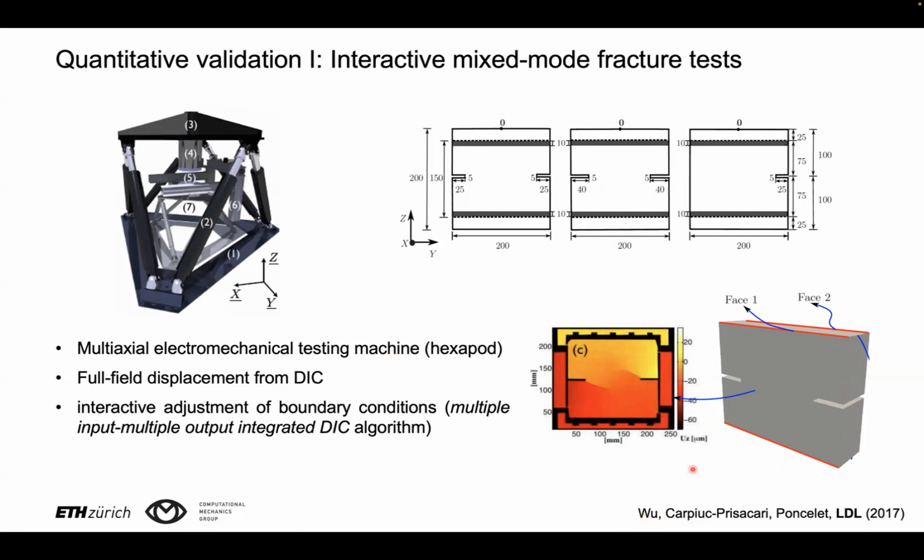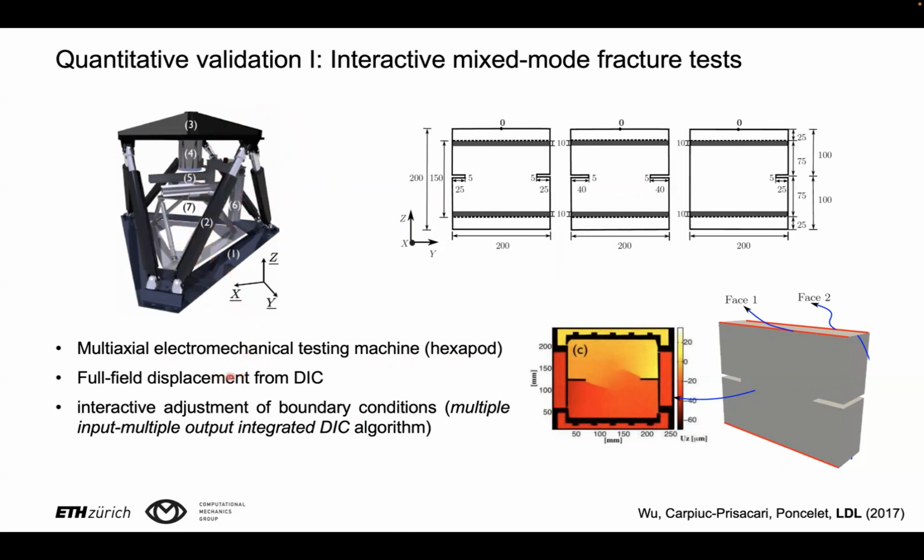At Cachan, they have very impressive possibilities to conduct stable fracture tests using a multi-axial electromechanical testing machine, a hexapod with multiple degrees of freedom, so that you can apply arbitrarily complex loading histories by controlling different degrees of freedom